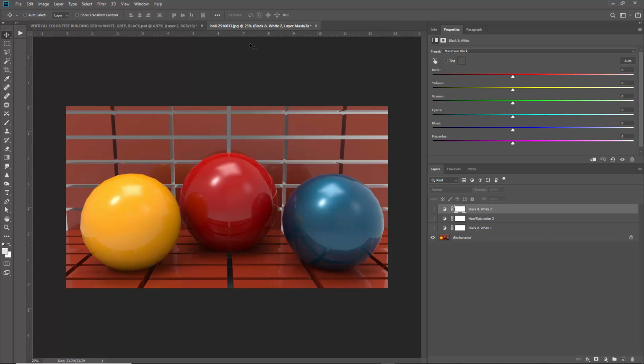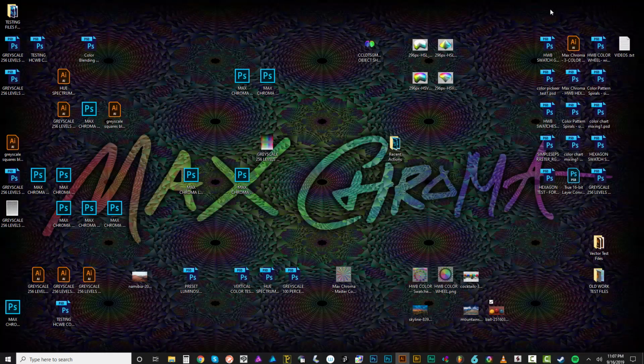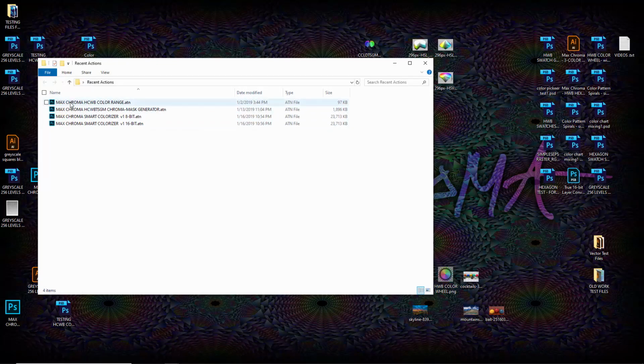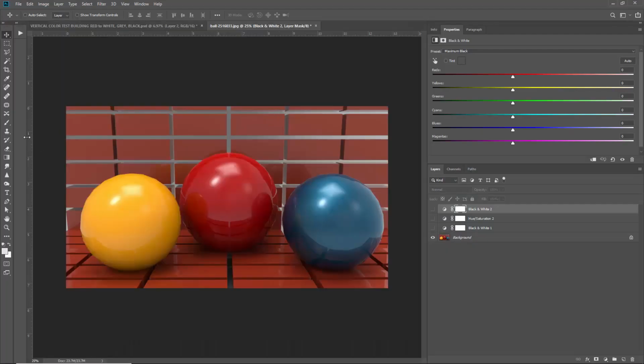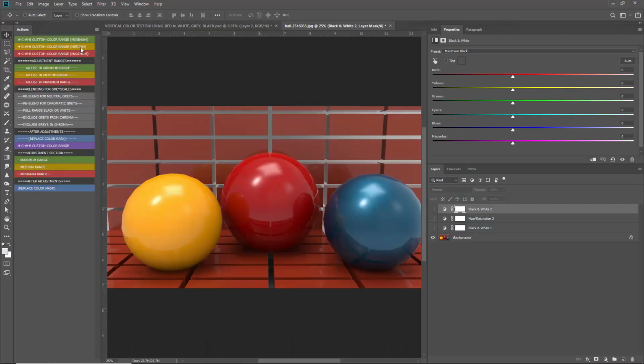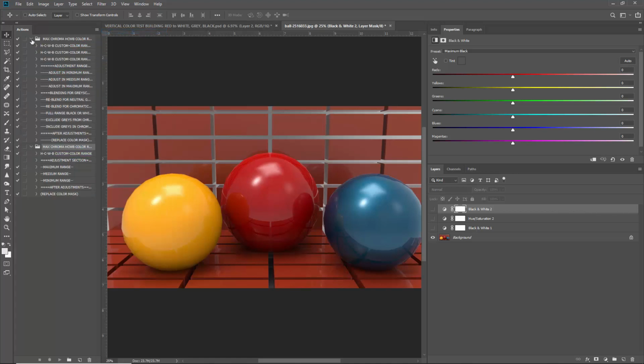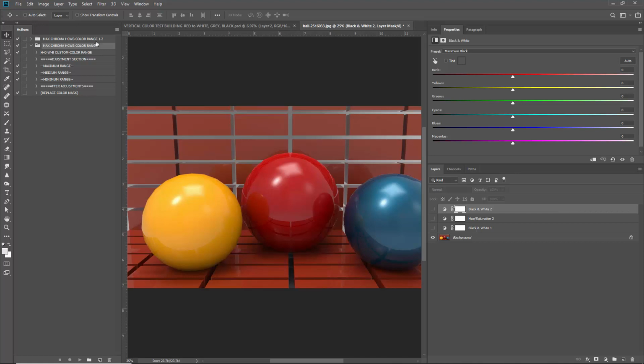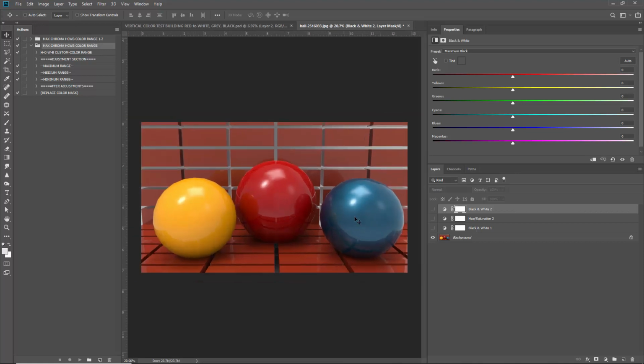That is something where I have another method, the HCWB Custom Color Range, to extract those. And I've been working on an update to that, but let me just show the older version of that. We'll go to it here. I think it's right here, Recent Action, HCWB Color Range. Okay, and let me minimize the updated version, sort of working on some of the techniques for how that approaches